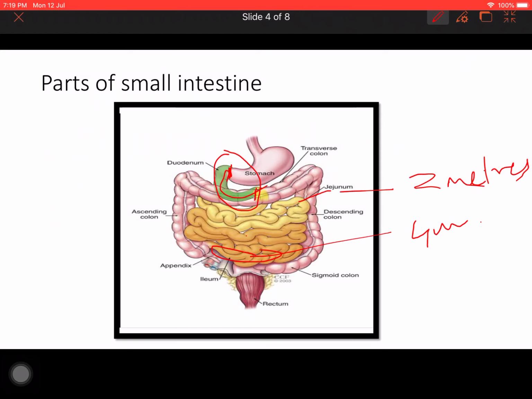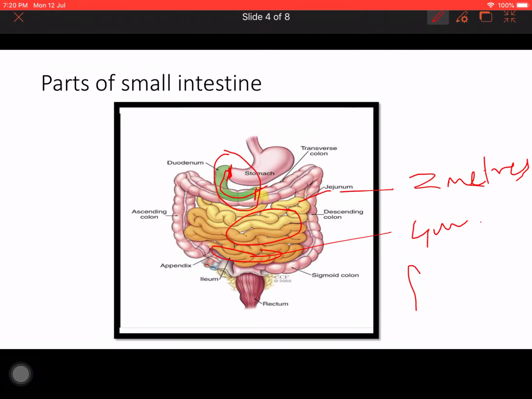Now if we do a transverse section of this, we will get the inner lining of the intestinal wall, which I will show you in the next slide. If you do a transverse section, we will see the inner lining wall, which has villi, or villus. It is covered by a single cell thick epithelium. And what is a villus?